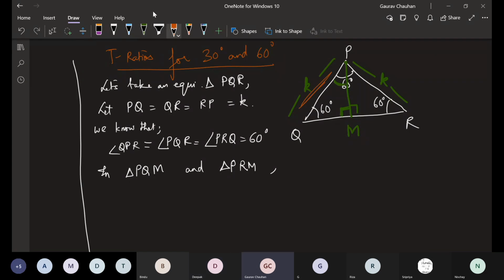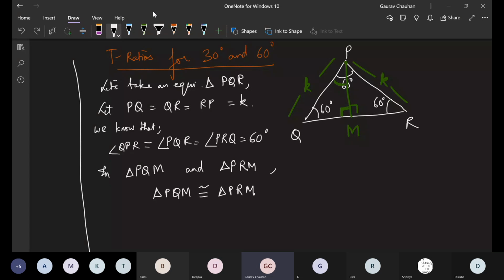If you use this angle, you have side, angle, side. You can use SAS, you can use RHS, you can use ASA also. From all these three criteria, I'll just do it with one. Basically these two triangles are congruent. Triangle PQM is congruent to triangle PRM. Reason you write yourself. I think we all can do that, right?